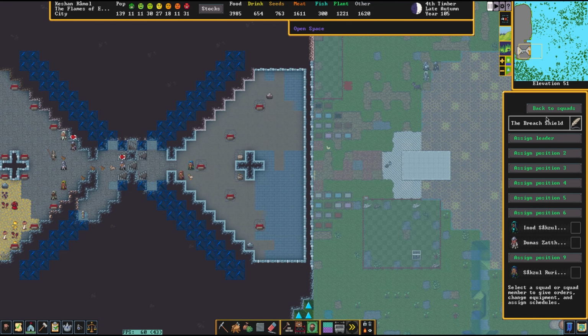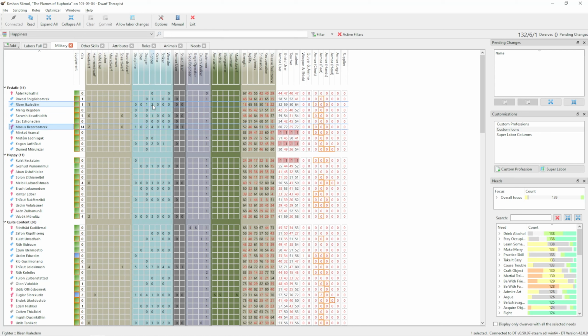who, is Ushat actually a good choice here? I think Ushat is not in a great mood. Anybody else that's got some military skills? We got a fighter striker, an axe dwarf. Volbach, is that our cook? The legendary grower. Yeah, you can't do it, buddy. Sorry. Melbil Laltordishmab is going to be...